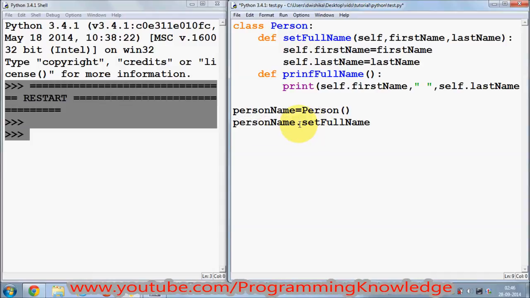Okay, and in between we give the dot separator, so that now this instance can call the member functions or member variables of the class. And now we can set the first name and last name. For example,